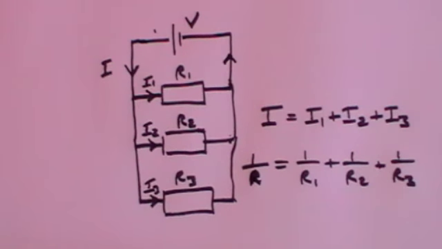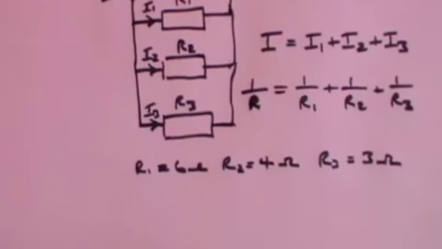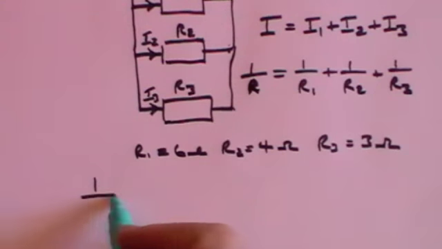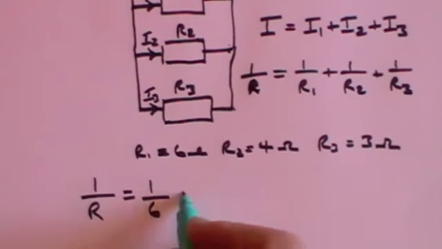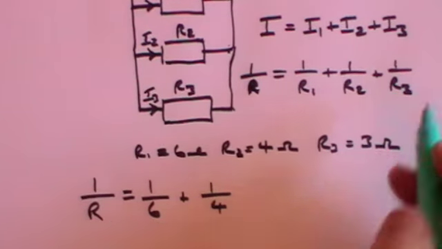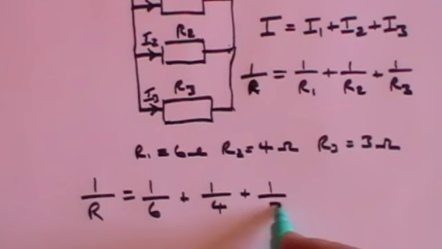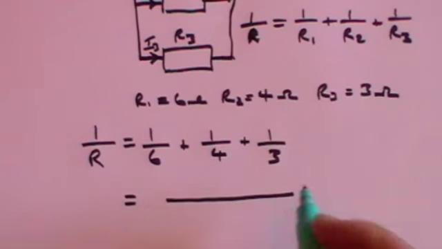work. So let's suppose that R1 is 6 ohms, R2 is 4 ohms, and R3 is 3 ohms. What's the total resistance? Well, the total resistance is given by 1 over R equals 1 over R1, which is 1 over 6, plus 1 over R2, which is 1 over 4, plus 1 over R3, which is plus 1 over 3. And now you've got to know what your lowest common denominator is, and in this case it's going